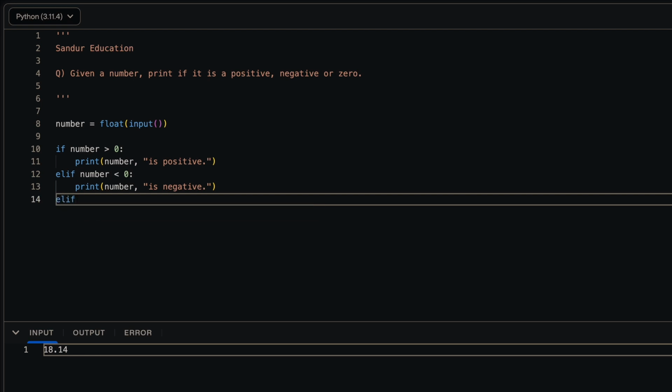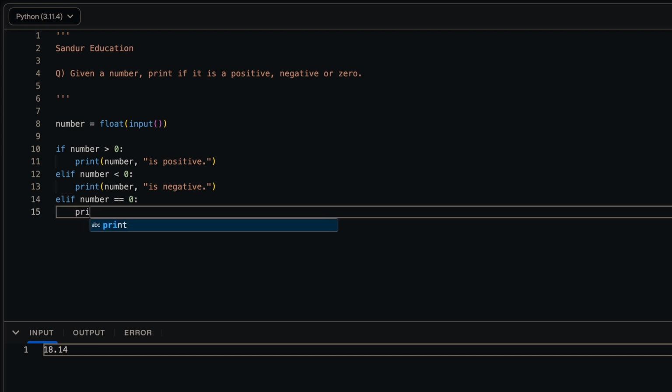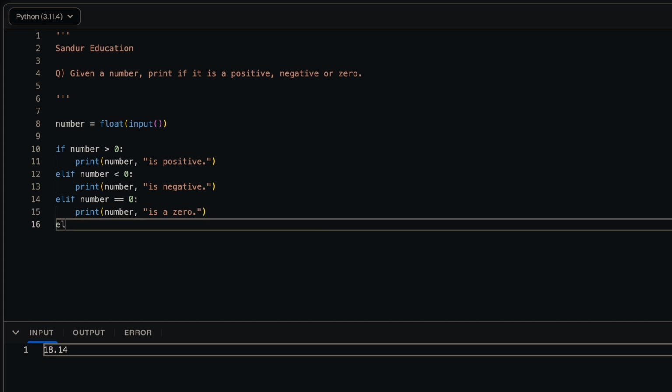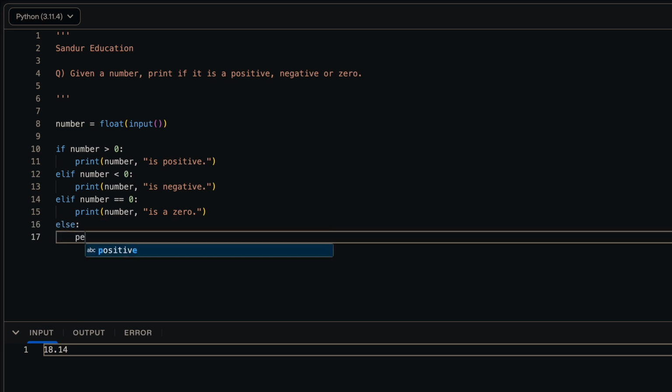Okay, one more case. If number is equal to 0, then print number is a 0. Now we are sure that we'll get a number input, and hence this code will work. Suppose someone gives an input which is not a number, then we can also say else print number, which is going to be the input,